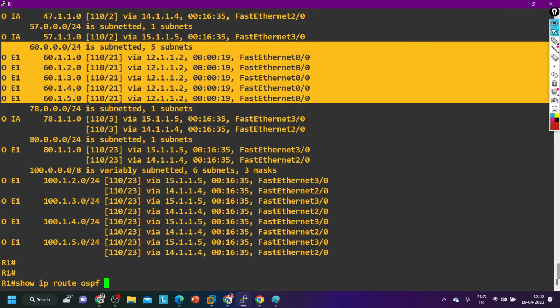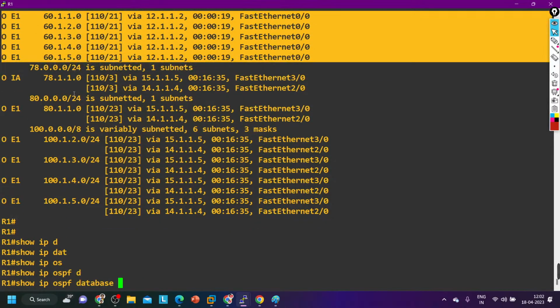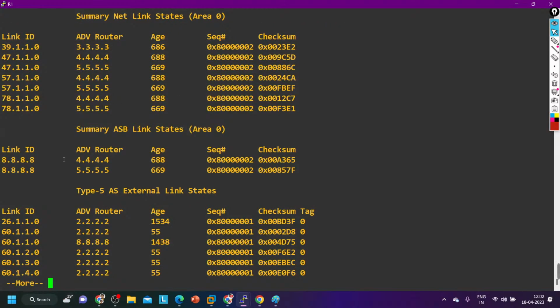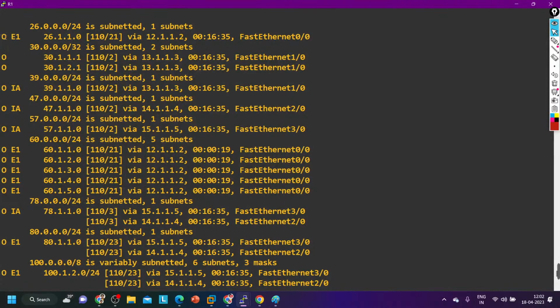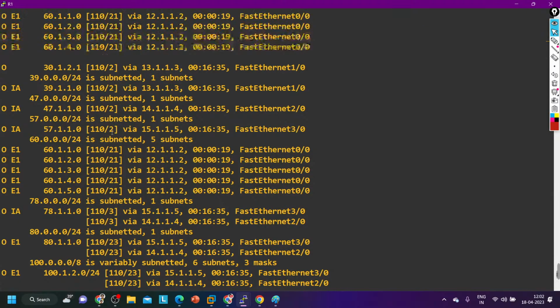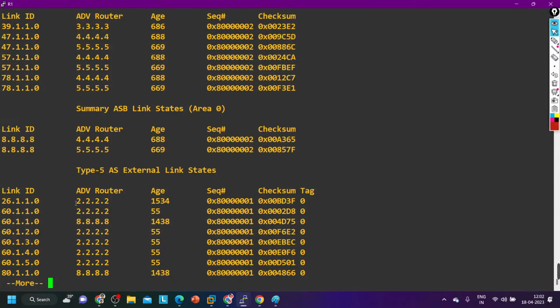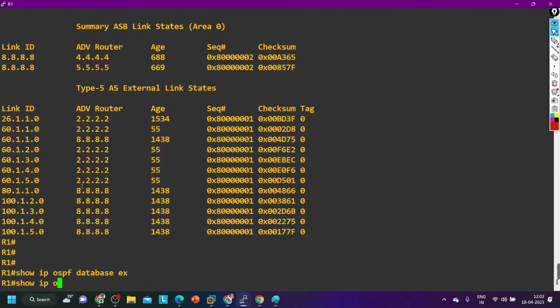So, show IP OSPF database. Now you can see the LSA 5. In the routing table, you are only able to see the external prefixes. Okay, these are external prefixes, not from my domain, but I am not able to differentiate the prefixes coming from EIGRP 100 and the prefixes coming from EIGRP 200. Yes or no? In the database also, you are not able to see. But if you open it in detail, external, and let's say